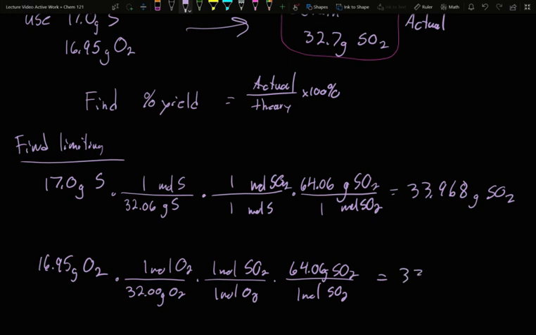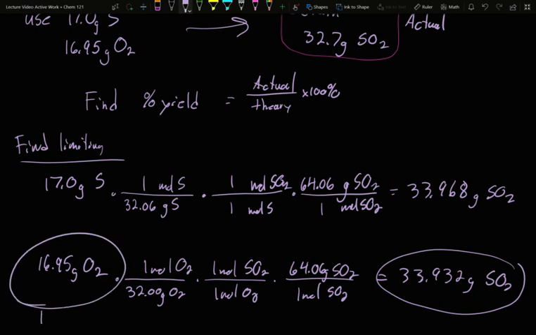That'll give us 33.932 grams from the dioxygen. Well, if we compare, that's not quite as much weight from dioxygen. I will not make quite as much SO2 product from my dioxygen as I made from my sulfur. So there's a little bit of extra sulfur in this mix. This means my O2 is my limiting. Dioxygen is my limiting reagent, and this is the max possible